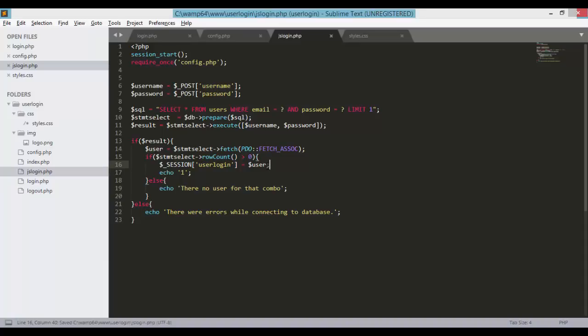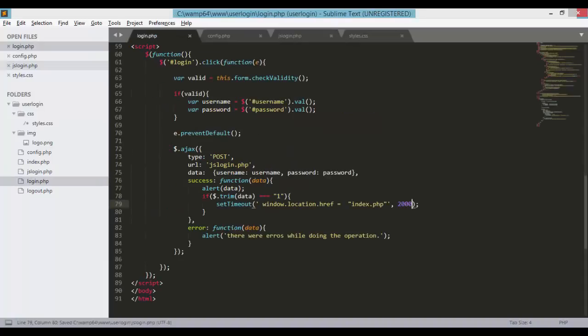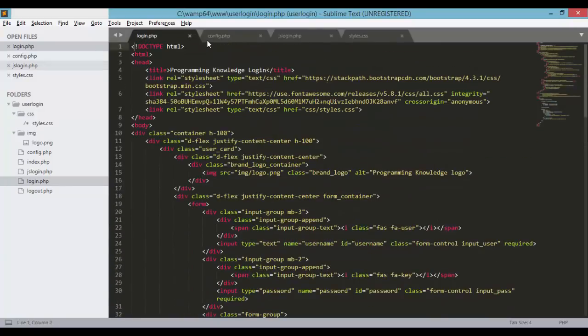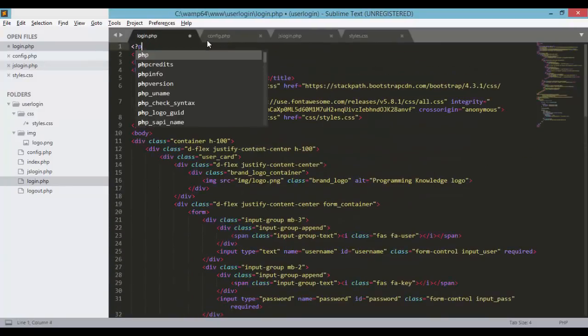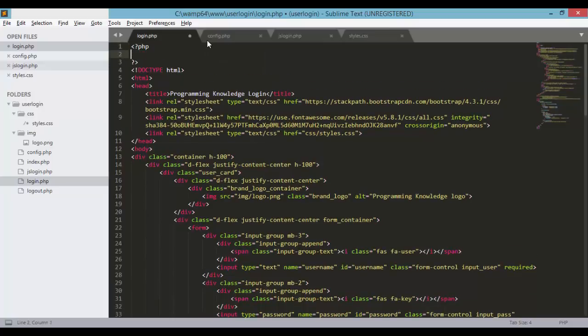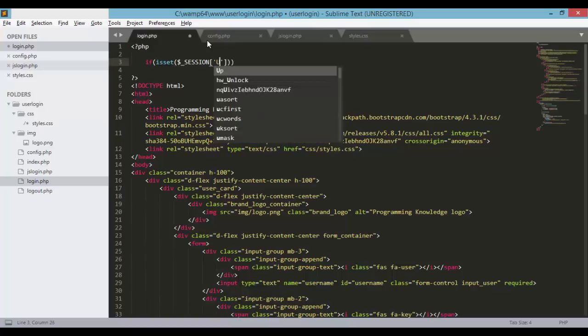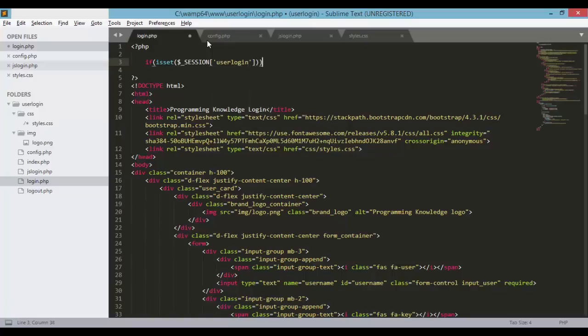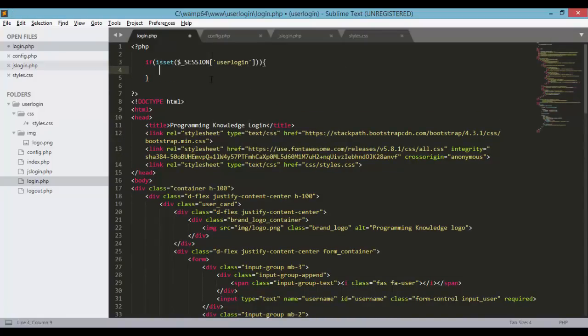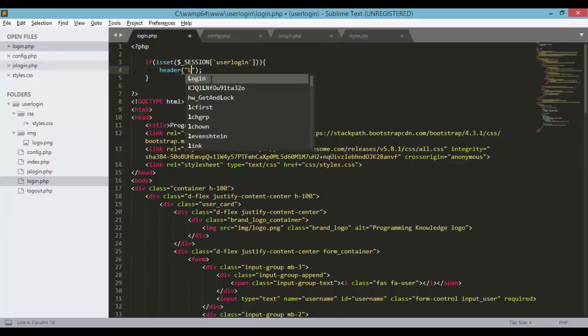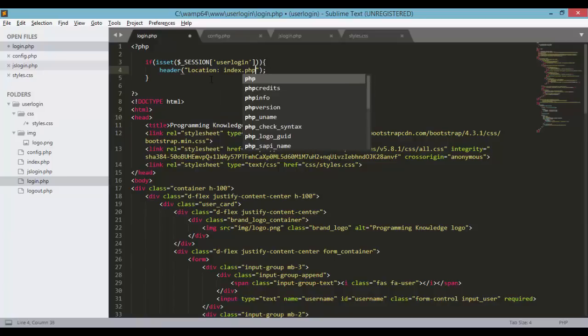So save this, and inside the login.php, we need to check at the top. So let's open up the PHP here and close, and let's check if the session user login is set, and add header with location index.php. Save,